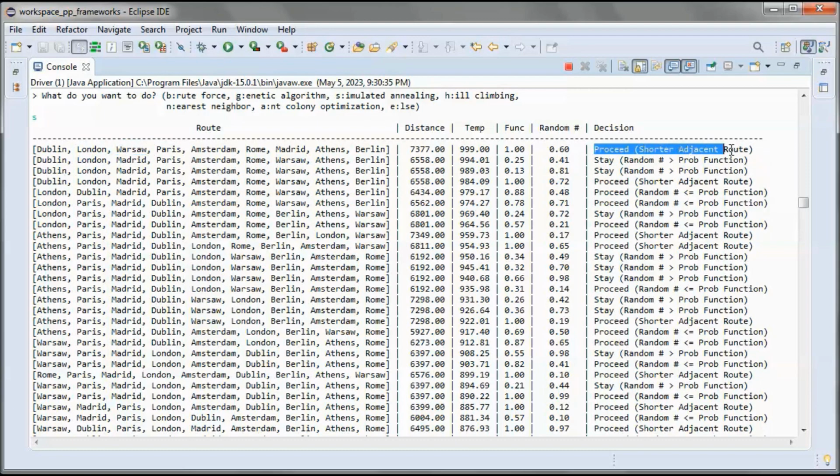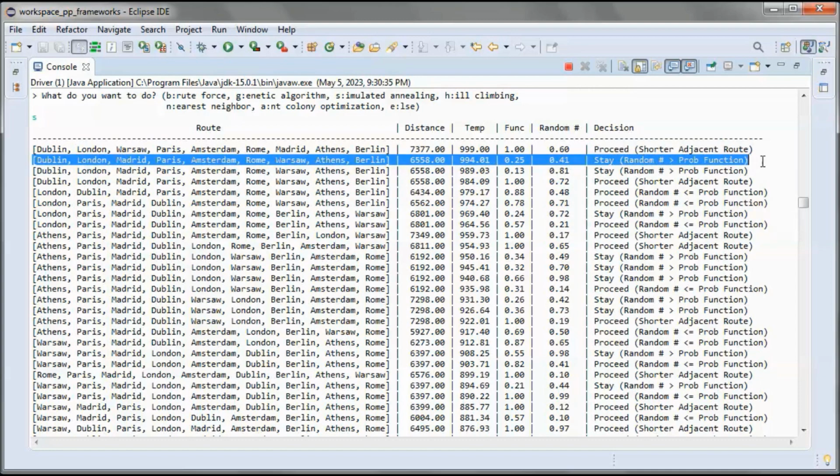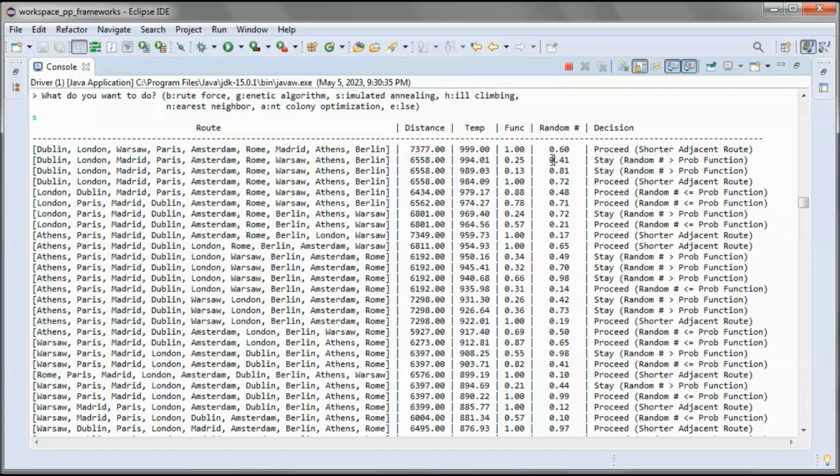So we proceeded, and now we are here, and we check the adjacent route, and it has a bigger distance. So we check the random number if it is bigger than the probability function, and it is, so we stay.